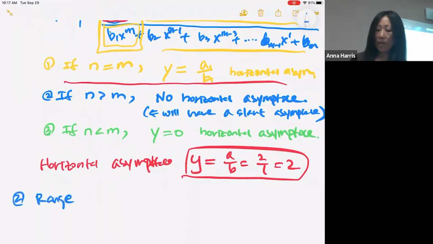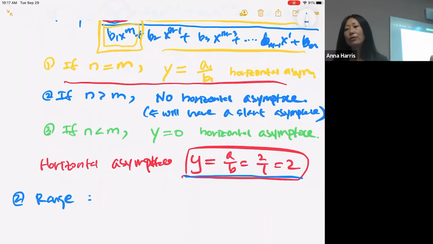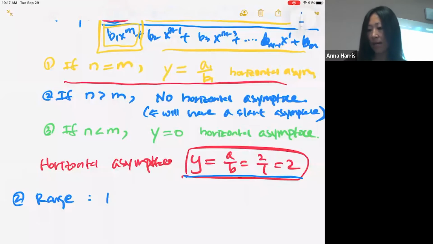So the range will be now, range means y values, right? So we just figured out that is your horizontal asymptote. That means I can use every y value except what? 2. So I can say all real numbers. My answer would be,